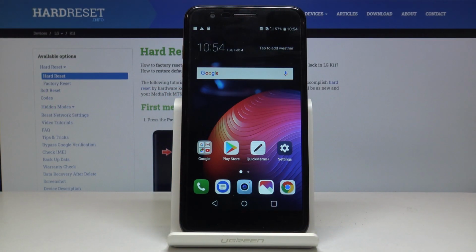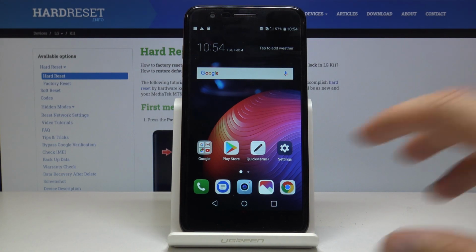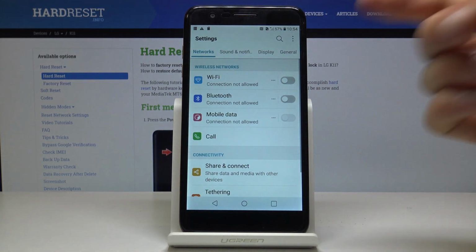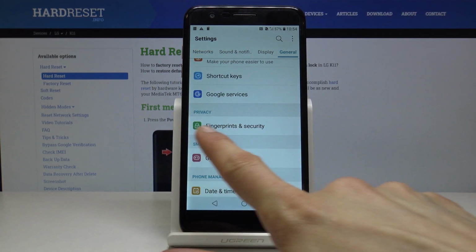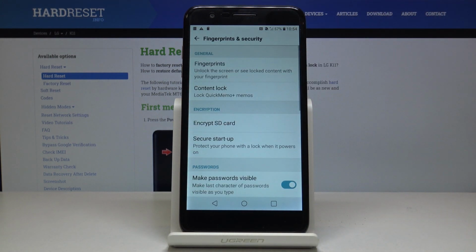Welcome, in front of me is an LG K11 and today I'll show you how to add a fingerprint unlock to the device. So to get started, open up your settings app and from here let's navigate into general, and a little bit below you will see fingerprint and security, so tap on that